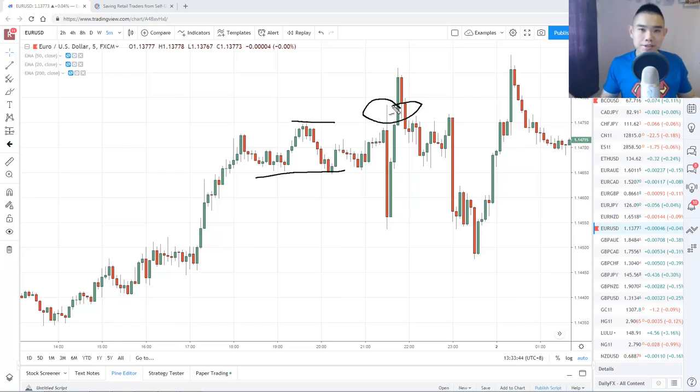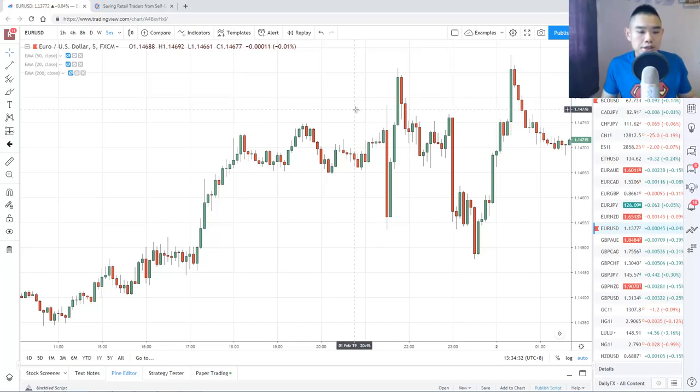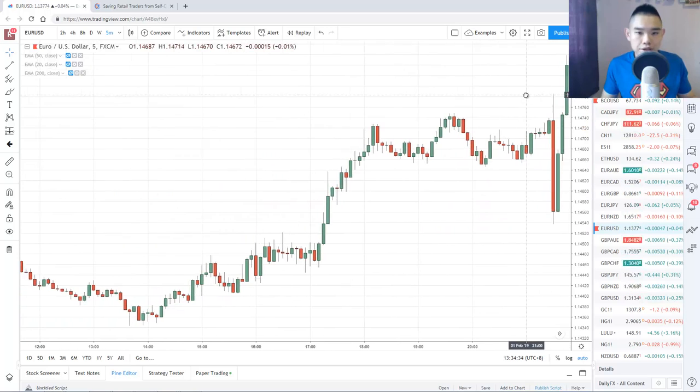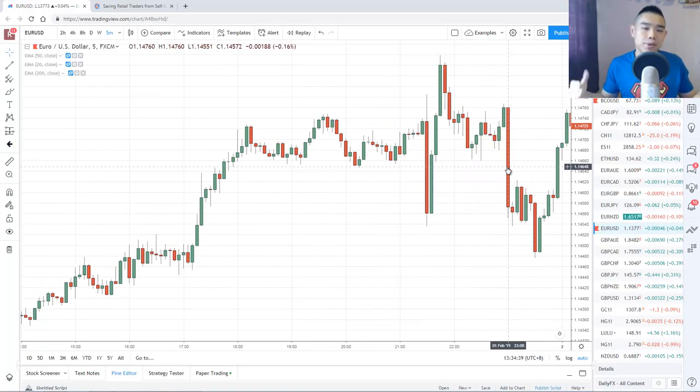Or maybe some traders wait for the news to come out, wait for the numbers to come out before they trade the direction of the breakout. Well, what happens? You can see that over here, price broke below the swing low, and then the market comes down. If you're not fast, the market quickly reverses back up higher and you get stopped out as well. Then you say, hey, maybe this time around the breakout is real. Price this time breaks above this high. Look at how bullish the candle is. Look at how bullish this candle is. This time the breakout has to be real. Then what happens? Price collapses, you get stopped out again.